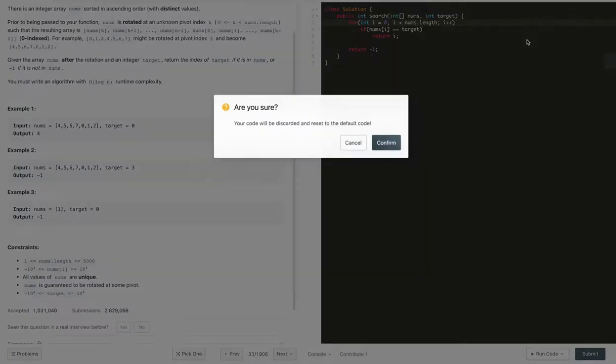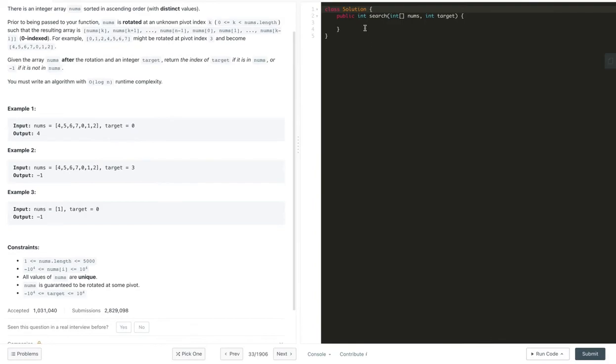First reset the code. Here we will define left as 0, using a better variable name, and right is nums dot length minus 1. Now we start a while loop, left is less than or equal to right. Now we create an int mid, which is left plus right over 2.